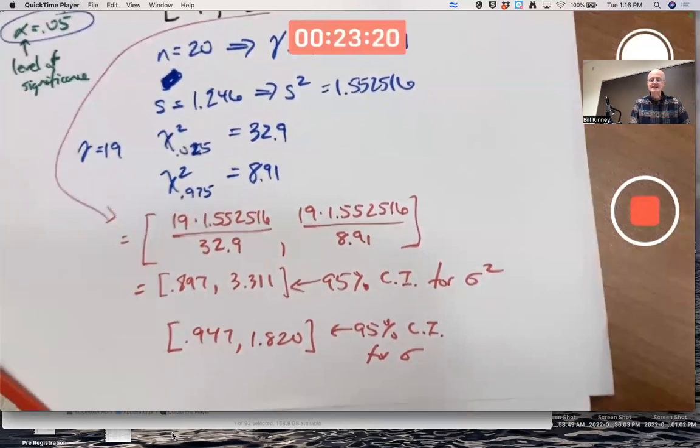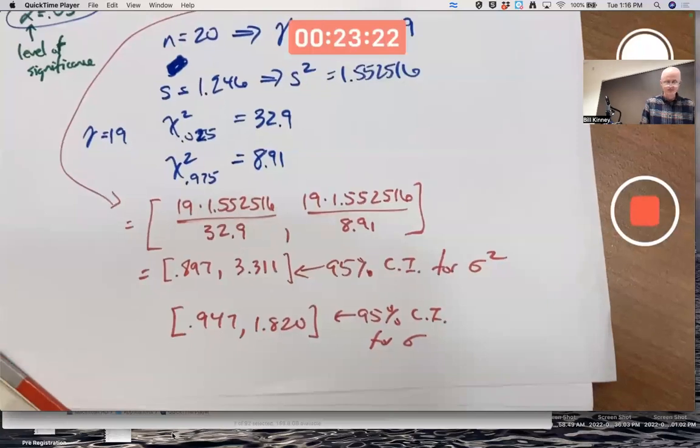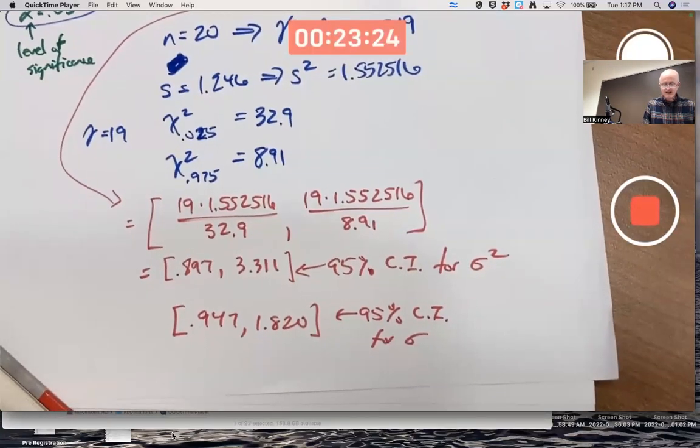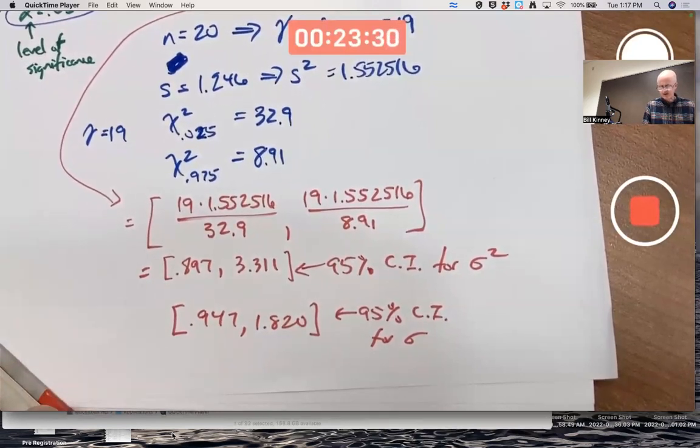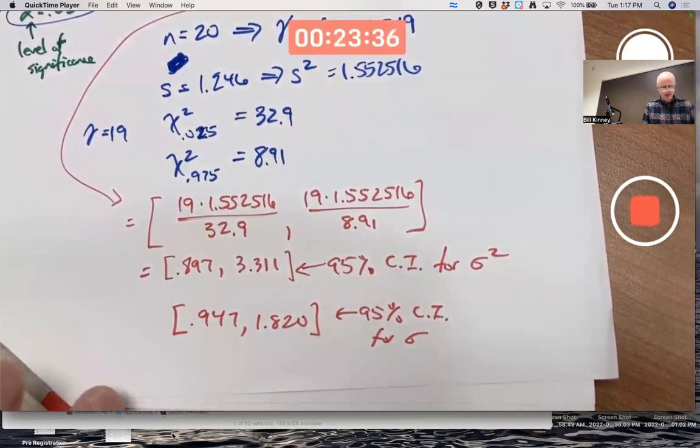Section 8.2 does the same kind of stuff, except to estimate a different parameter, to estimate the population mean. But wait a minute, didn't we already do that in chapter 7? Yes, in chapter 7,